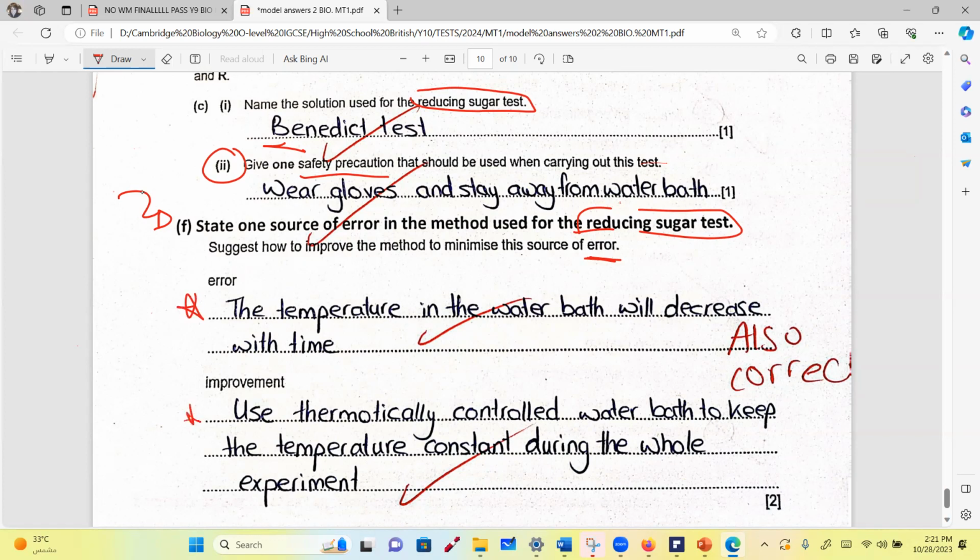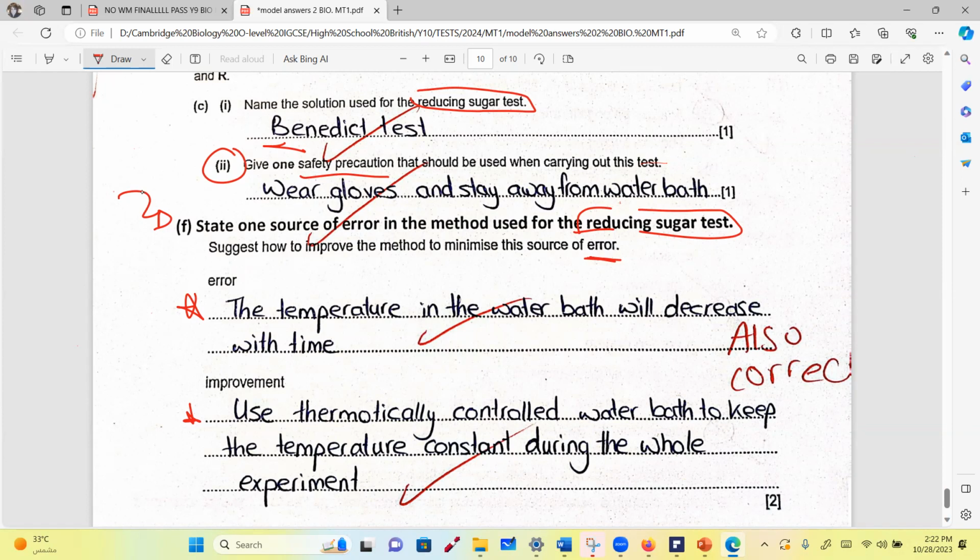The temperature was constant. Yes, my dear. What if I said that it's an inaccurate time? No, this is not correct. What's time got to do here? On the contrary, we are waiting for the color to change, so we are not going to leave it for a fixed time. Any constant factor can be an error if it's not constant, but the time is not constant. I will put the Benedict in the heat and I will wait. So the time is not constant.